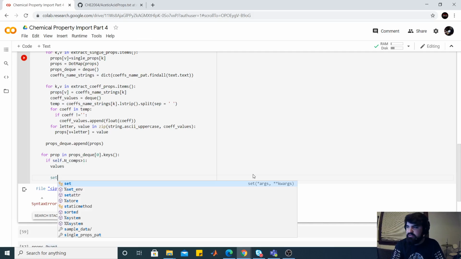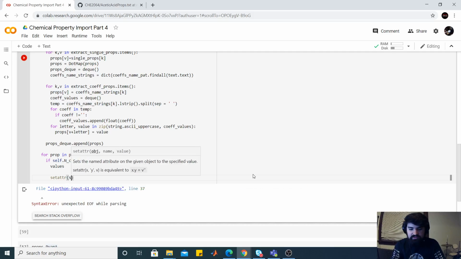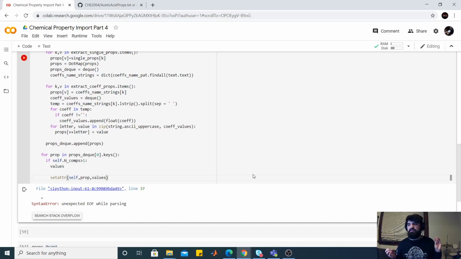So we're going to do the class thing of setting an attribute self prop values, so that these can be called for later in the way of using the class. But, and I should get this out of the if statement. But equals